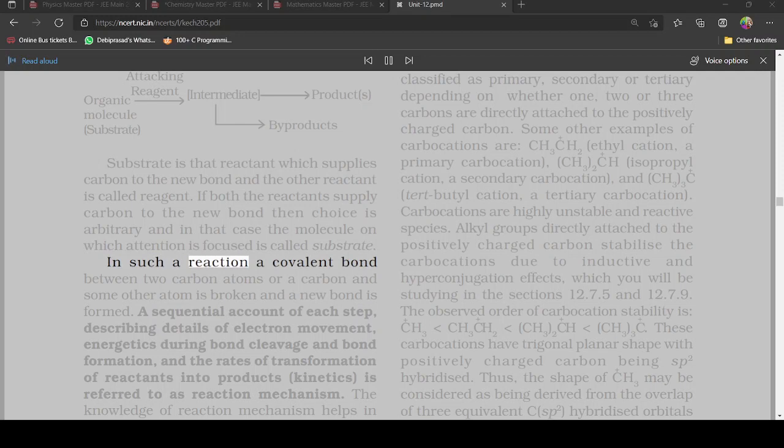In such a reaction, a covalent bond between 2 carbon atoms or a carbon and some other atom is broken and a new bond is formed. A sequential account of each step, describing details of electron movement, energetics during bond cleavage and bond formation, and the rates of transformation of reactants into products, kinetics, is referred to as reaction mechanism. The knowledge of reaction mechanism helps in